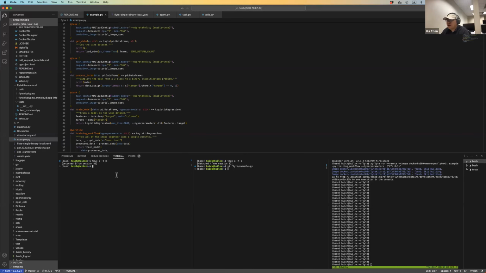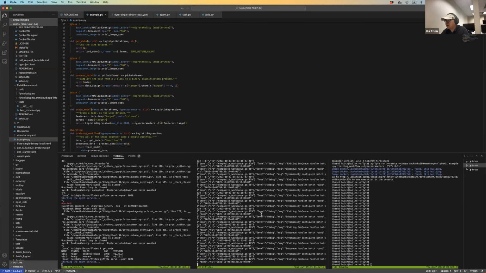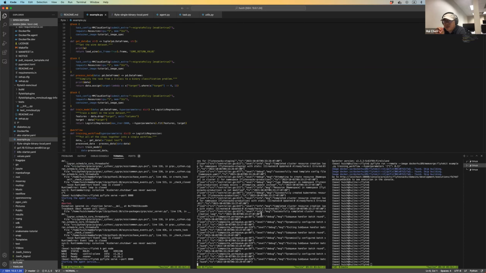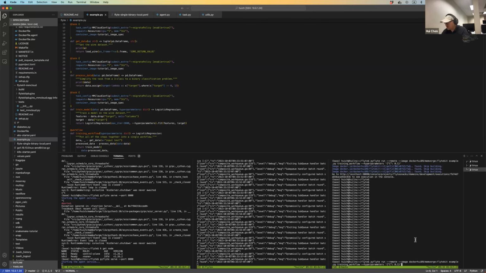Basically, we start a Flyte agent service on the local port, which I already started. And we also need to apply the configuration for the MMCloud: address, username, password, and also some options like CPU requirement, memory requirement, all these kinds of things in the MMCloud configuration. So everything is started. To run the job, we just use pyflyte run, choose what image you want to run, and then the Python example file, and how to run that. So with that running,